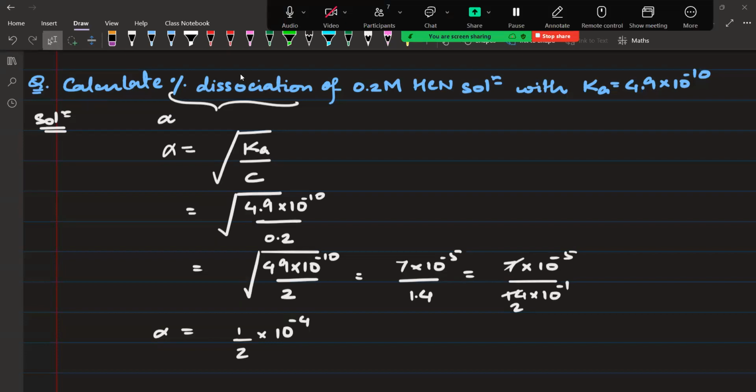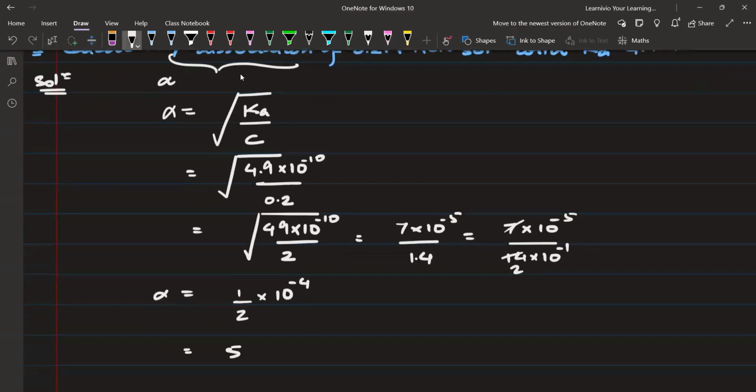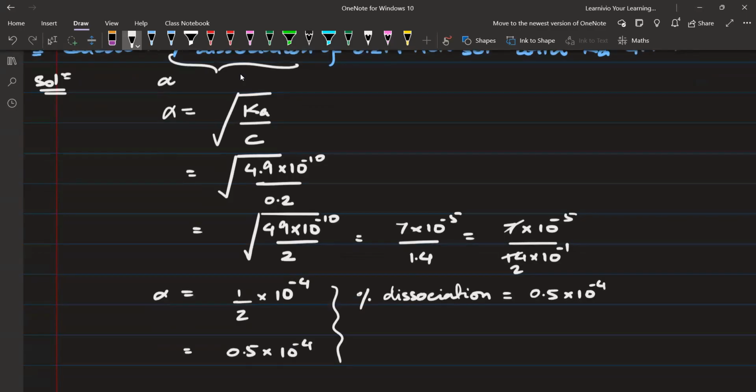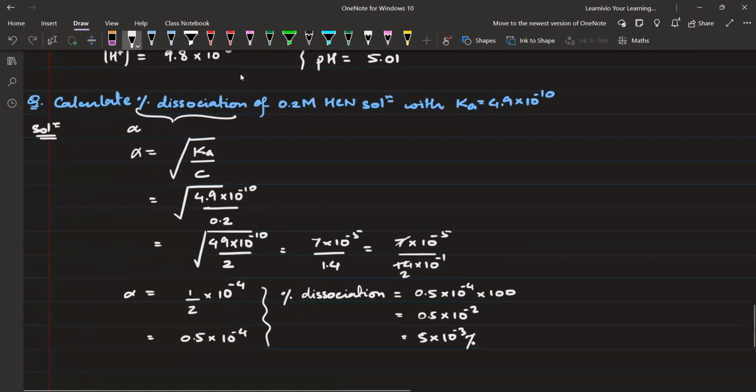It's fine, so I can write this as 0.5 into 10 to the power minus 4. This is degree of dissociation, percentage dissociation will be, इसको percentage में अगर करते 100 से मल्टीप्लाई कर दीजिएगा ना, percentage dissociation will be equal to 0.5 into 10 to the power minus 4 into 100, which will be equal to 0.5 into 10 to the power minus 2, या फिर इसको बोल सकते हैं 5 into 10 to the power minus 3 परसेंटेज। ठीक है, तो एक इस टाइप का सवाल आ गया।